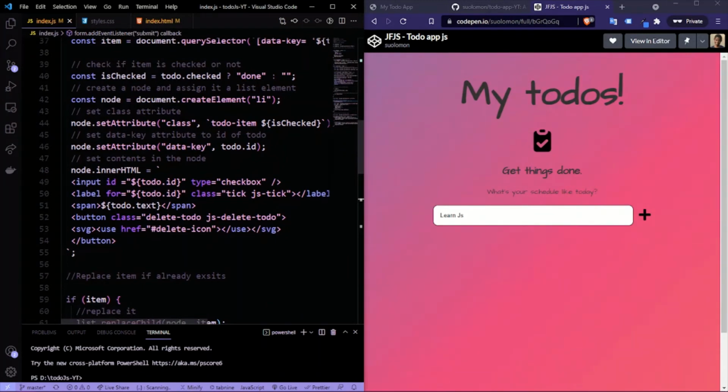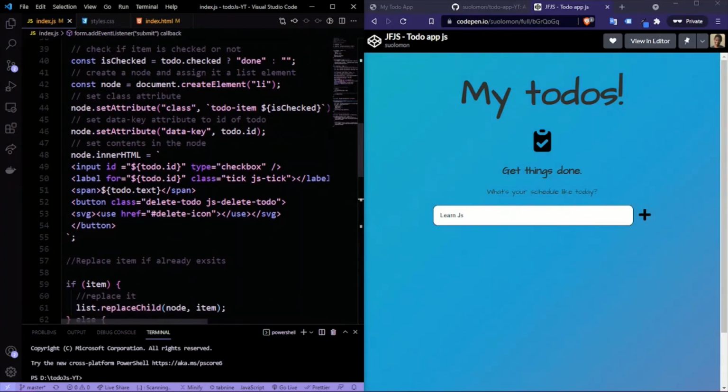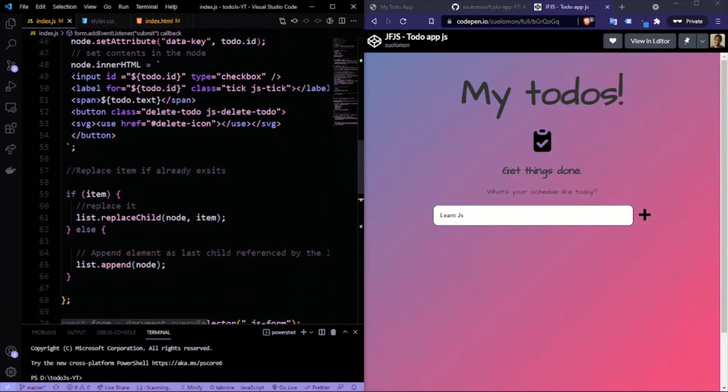As you can see, just delete, and do the same for the JS tick. So this is where we're getting the classes from. If this class exists, well, do the following: